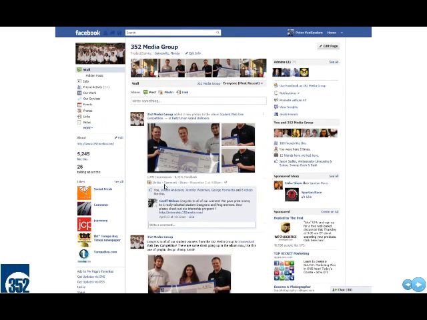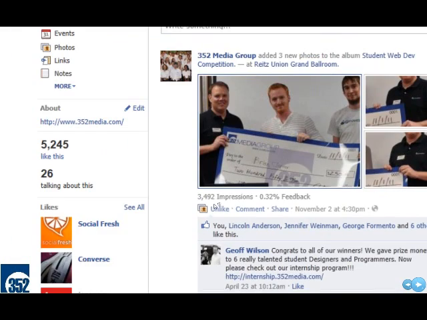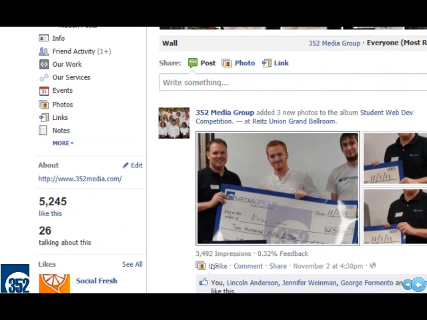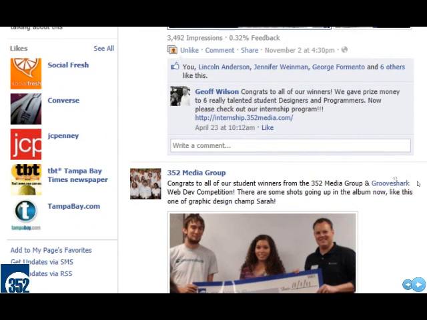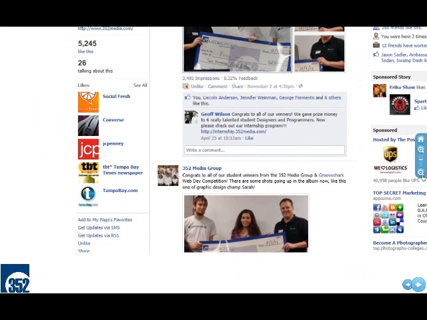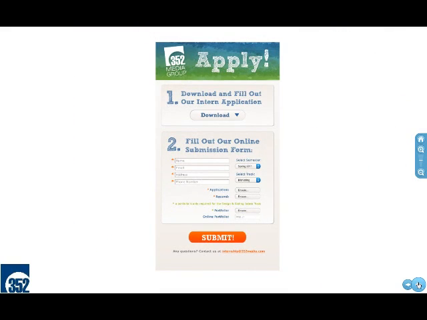You can see within the Facebook page different things like the number of impressions, the percentage of feedback, and things like that. That's shown to me as an administrator on this page. And then there's also a tab on the left, which I think is under the fold here, called Insights, which allows you to get a lot more in depth with how people are interacting with your website.